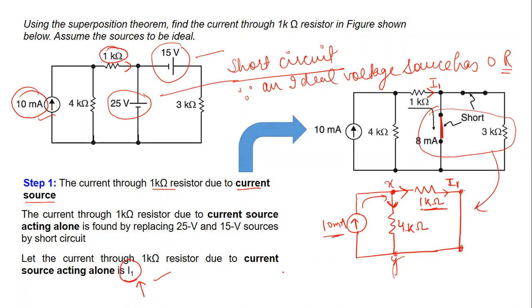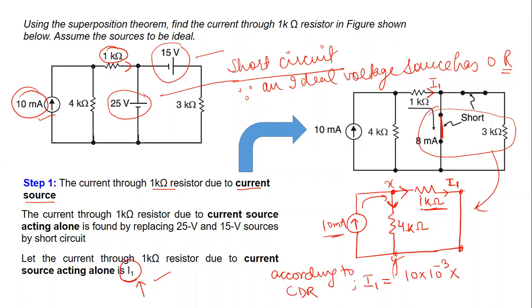As per the current division rule, I1 is the part of the 10 milliampere current which is coming to junction X. So it is 10 into 10 raised to the power minus 3 into